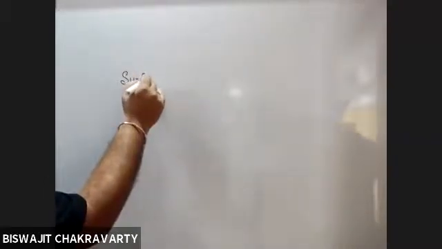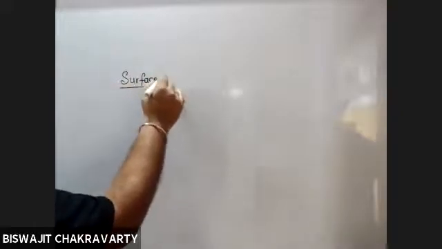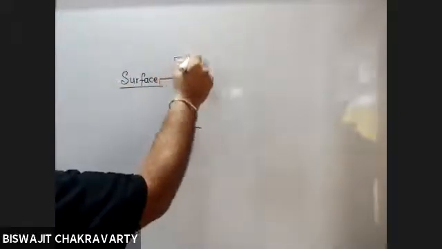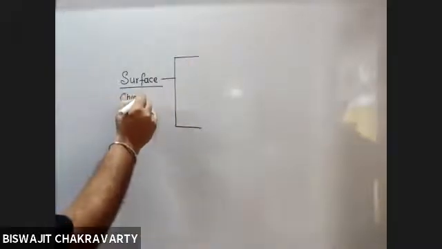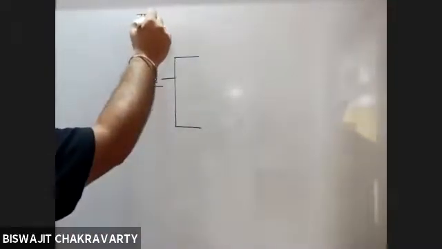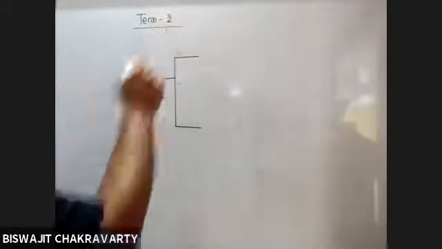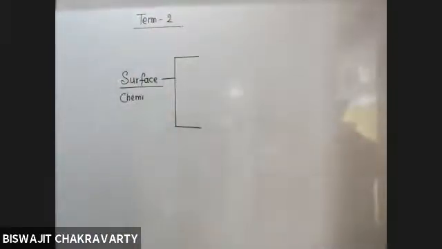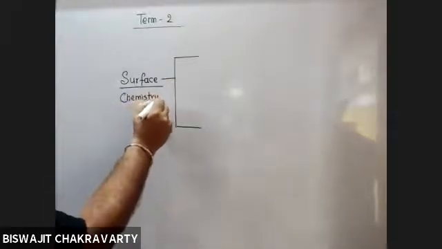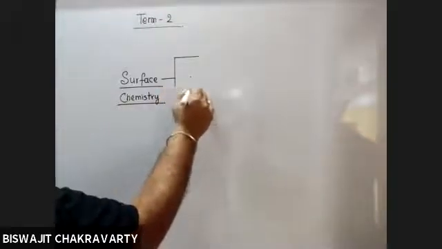Of what this particular chapter comprises. So there are three topics to be covered under surface chemistry. It's Term 2, which means that from now onwards you have to prepare for the descriptive part as well, because both objective and descriptive parts will be coming. So the surface chemistry part comprises three subtopics: